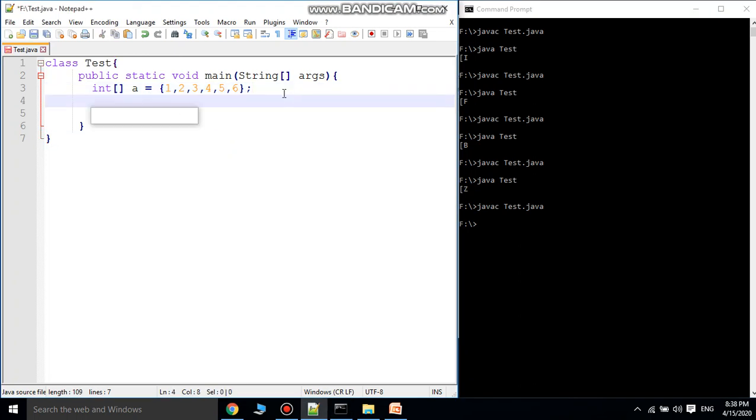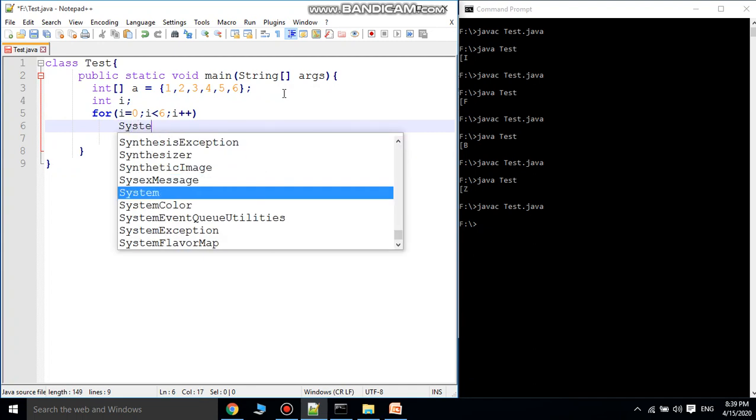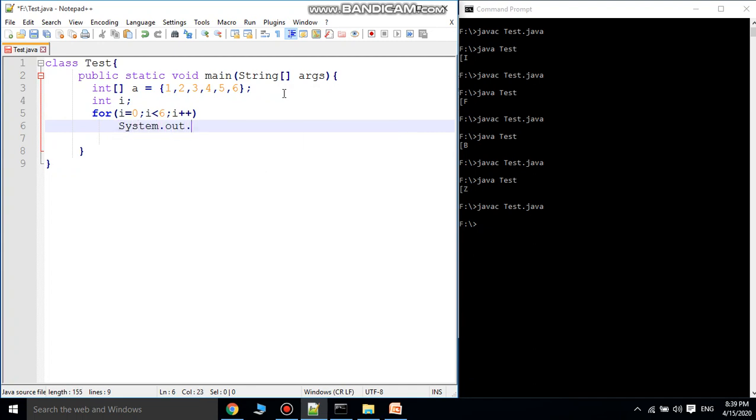Now let us print all the elements. In order to print all the elements, let us use one for loop. For i equal to 0, i less than the number of elements, i plus plus, then print System.out.println of a of i.